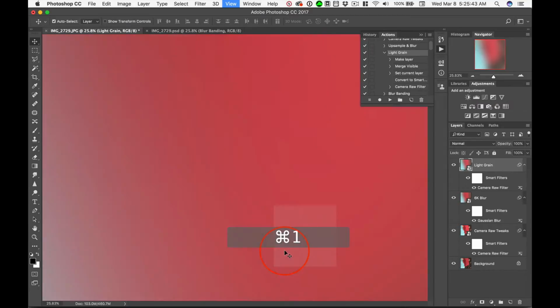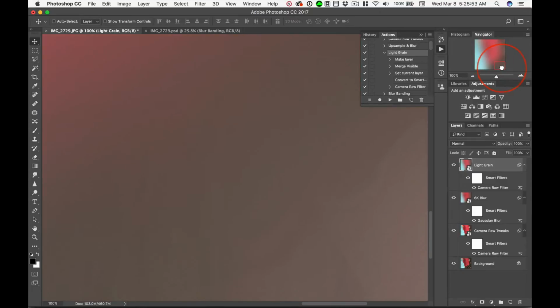If I hit Command 1 to go to actual size, and then I have the navigator open. Window Navigator is how this is open. And there's a little red square here that I can move down and say, I want to look right here. And in this, I can see the banding here. This is terrible. This makes this image useless. So after the light